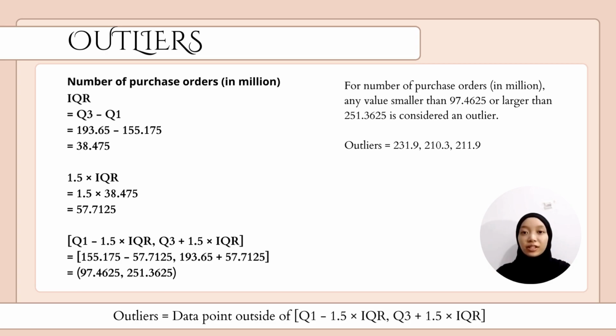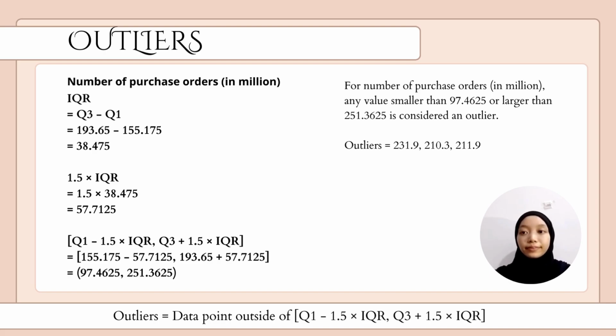For number of purchase orders, any value smaller than 97.4625 or larger than 251.3625 is considered an outlier. The final answer for the outliers are 231.9, 210.3,